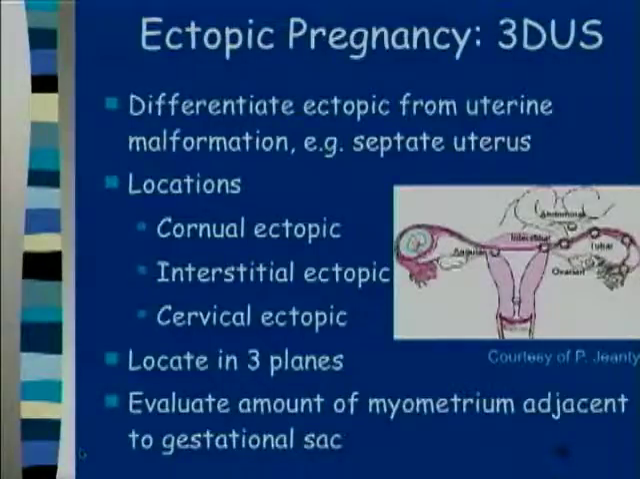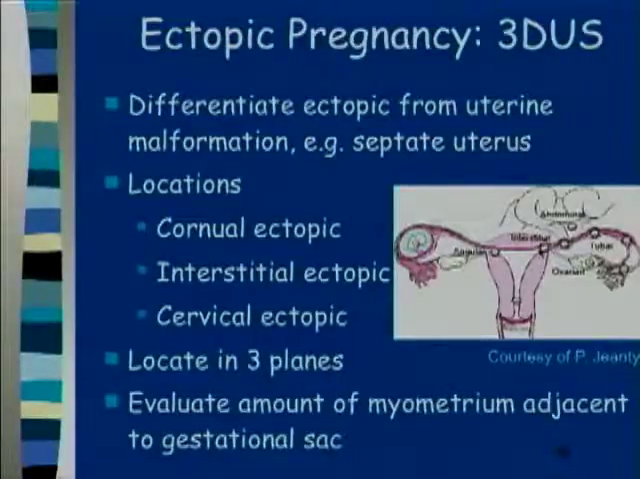It can help differentiate an ectopic from a uterine malformation, such as a septate uterus, and figure out that it's really not an ectopic or an interstitial ectopic, but just a septate uterus. And the thing to realize is that interstitial ectopics will occur right at the edge of the uterus as the fallopian tube is going out, and cornual ectopics